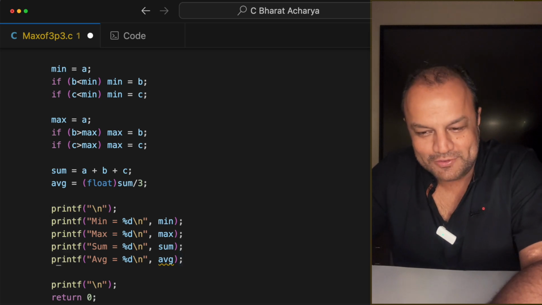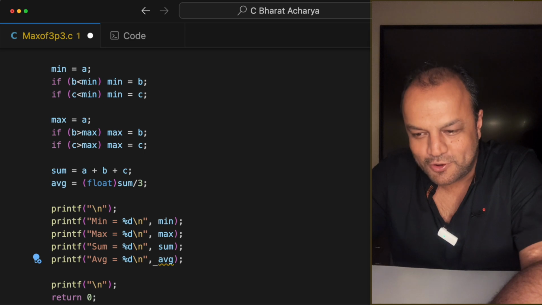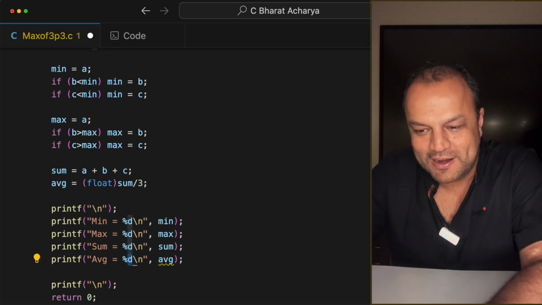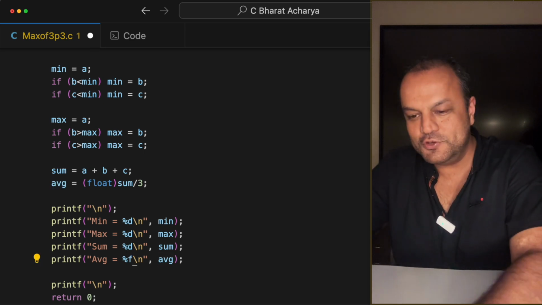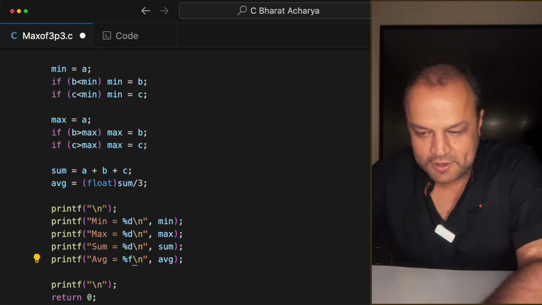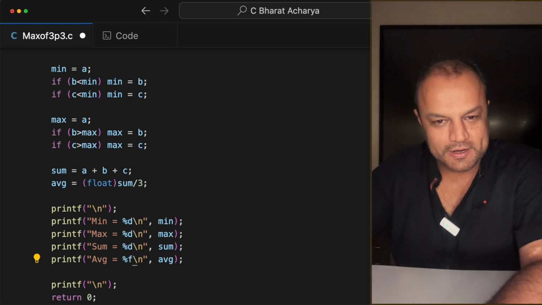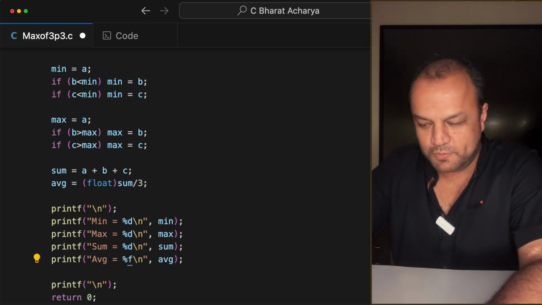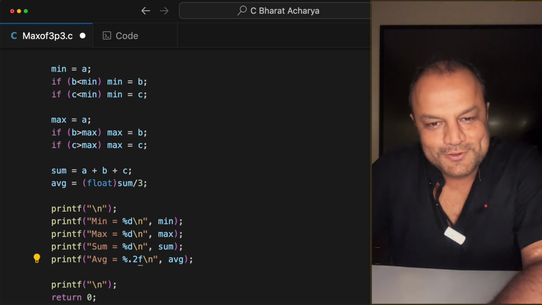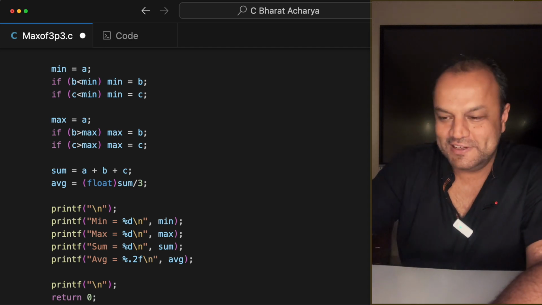That's why I love VS Code. That's why I tell students to learn on VS Code. It tells you on the spot you're doing something wrong. Average is a float. You can't show it as an integer. You have to show it as a float. If you just show it as a float, it's right, it's done. But it'll give you 6 digits after the decimal point. Nobody cares for that kind of accuracy. So you write 0.2f. So it'll give you 2 digits after the point.